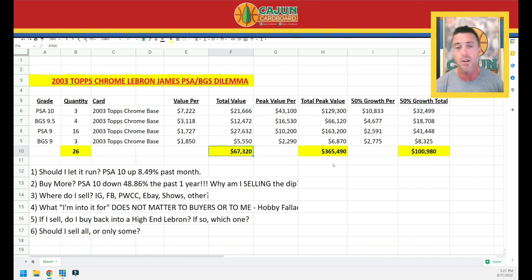Instead of these 26 cards, let's say hypothetically, magically, I can say, take these 26 and give me a black BGS 9.5. What is more likely over the next 18 months? The black BGS 9.5, which is serial numbered to 500 for those of you who are not familiar with the 2003 Topps Chrome product. What is more likely, that black 9.5 goes to 100,000, or each of these cards go up 1,000 or a couple thousand, or a little less than 1,000,